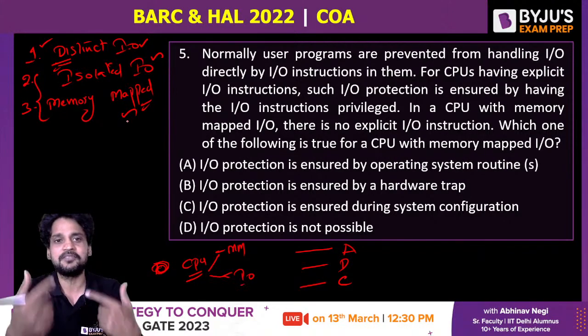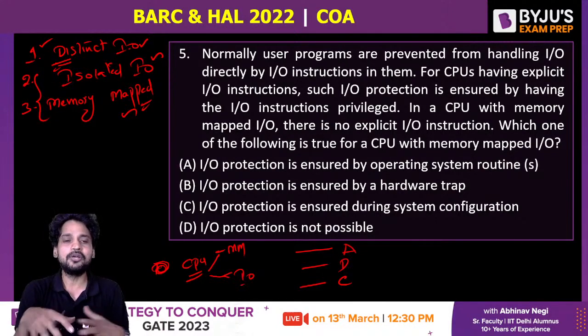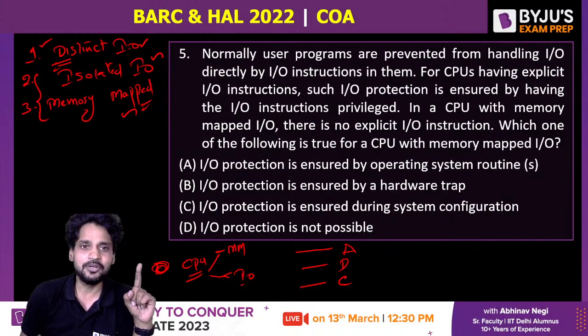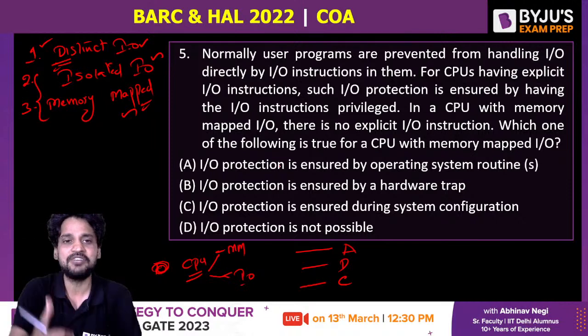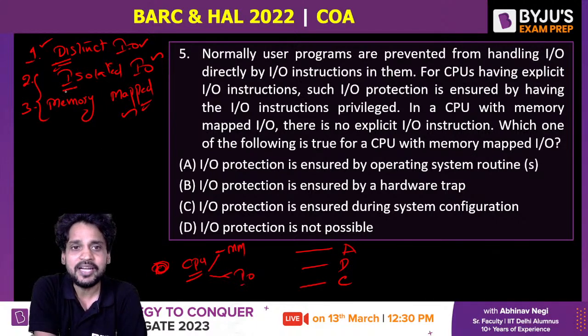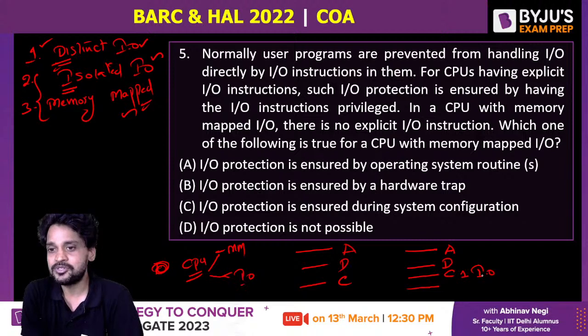What is the job in our hands right now? Without any hassle, we should be able to communicate with both IO devices as well as the main memory. How can we achieve it using a single bus system? In isolated IO, there will be one address bus, one data bus, but two control buses. Let us say control bus 1 will be for the IO devices, control bus 2 for the main memory. Let us say there is an address present in the address bus and the data present,